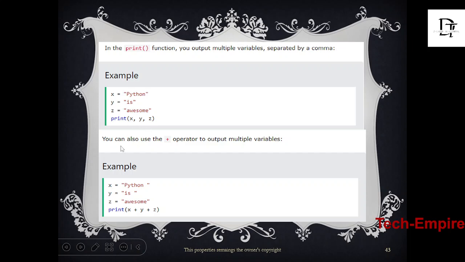So you have another option. What this one will give us is going to be different from what this one will give us. We are going to practice the two and see what we are going to have as our output. This one is separated by comma, this one is concatenated by plus. Let me quickly explain concatenation. Concatenation is a way of adding variables together.